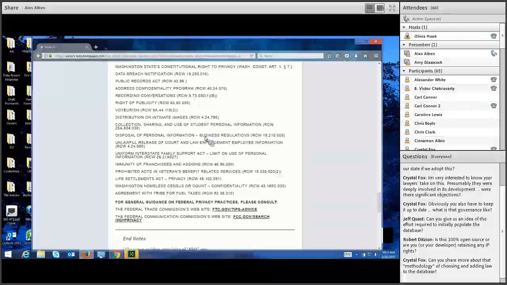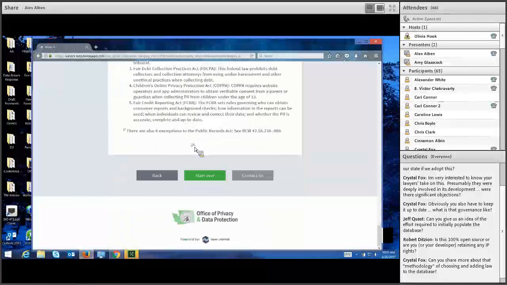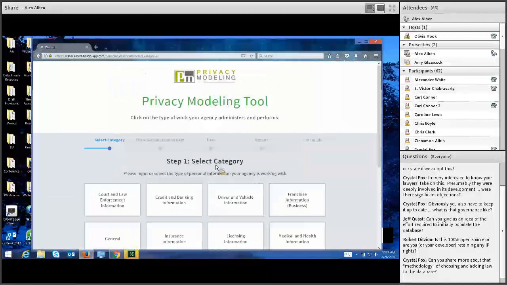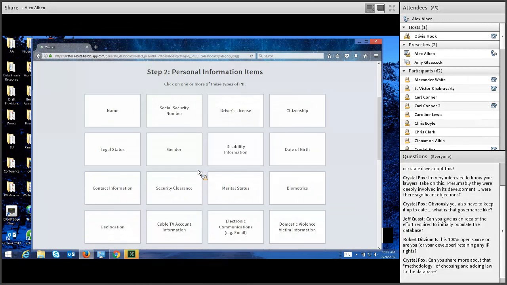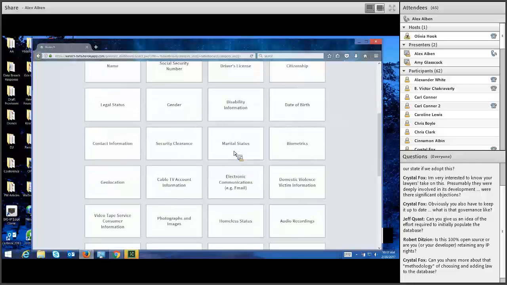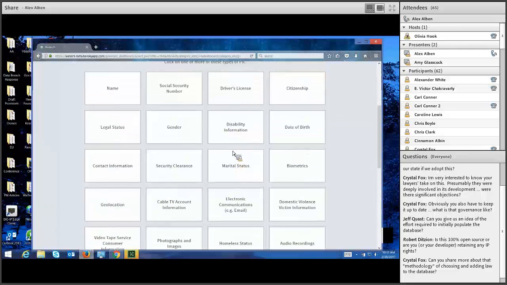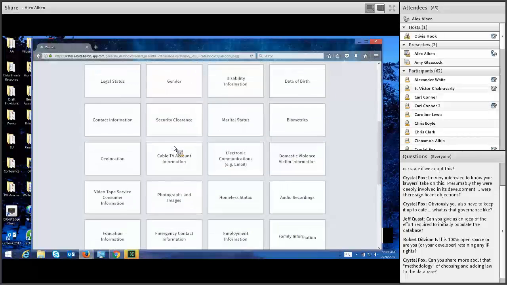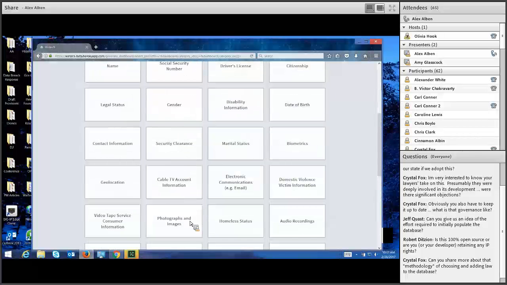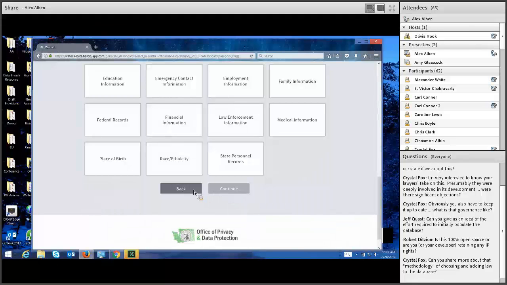So every time you go to the user guide, you will have a tag for various things that are mentioned in that law. If it's a person's name, or a photograph of that person, then that law will have a tag in the database that will trigger it when you do your search.